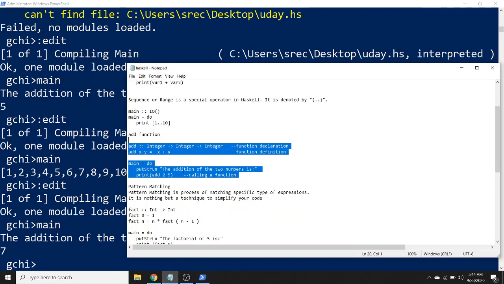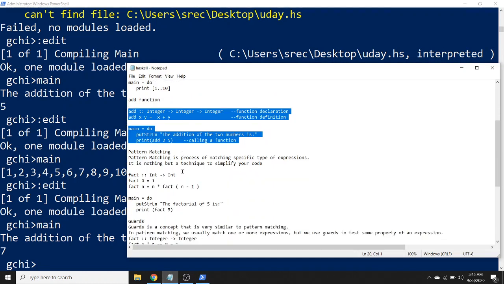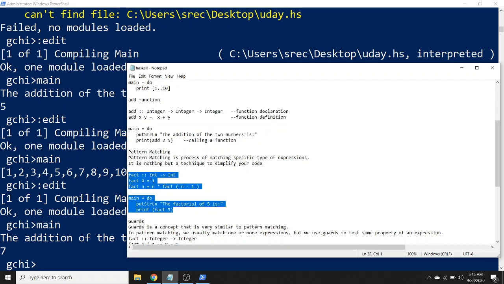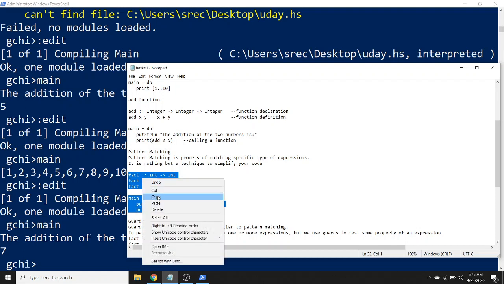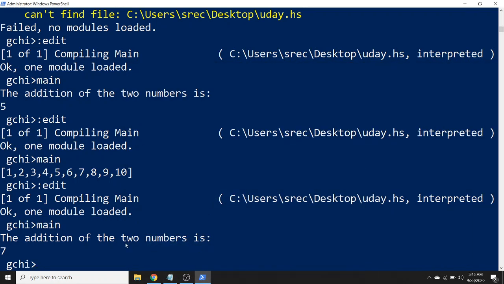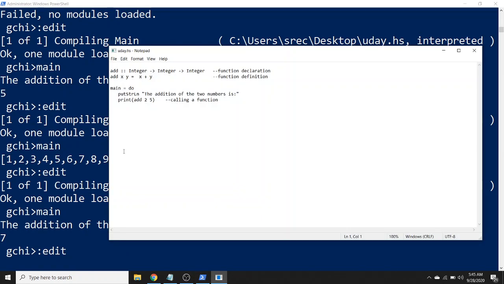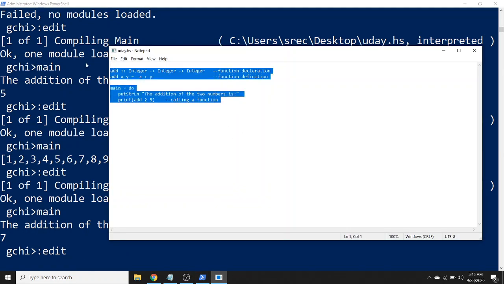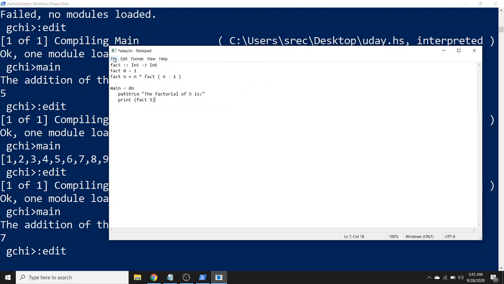And next program, pattern matching. Pattern matching is the process of matching specific types of expressions. It is nothing but a technique to simplify our code, right? So let's see how this code works. This is the factorial of the specified number.